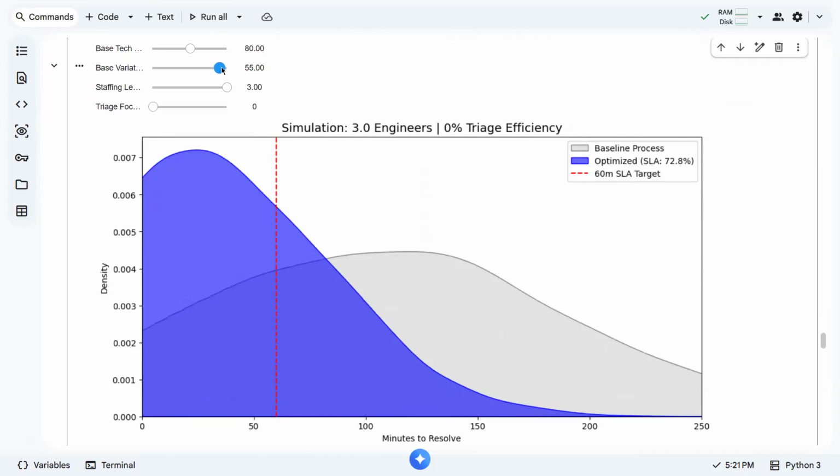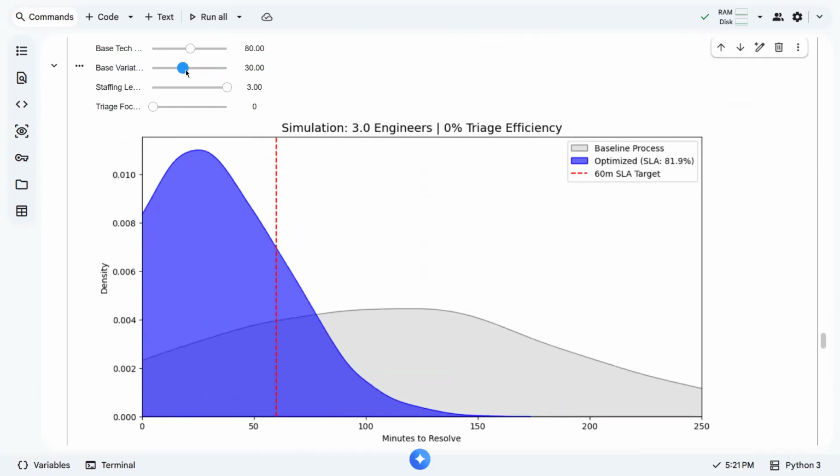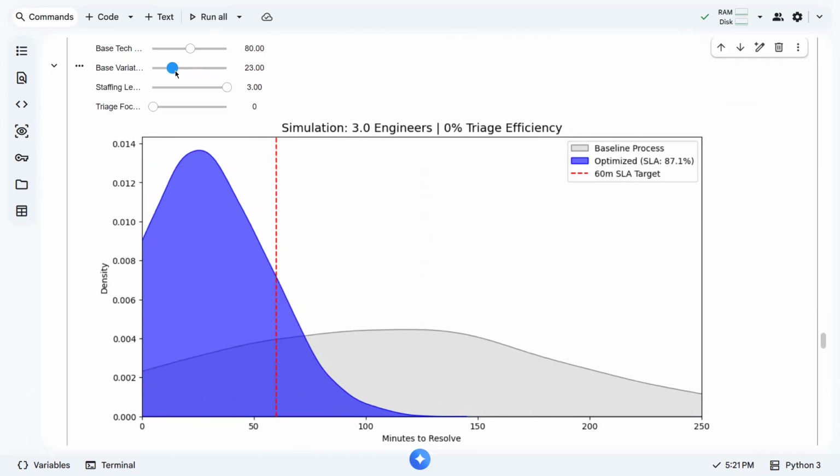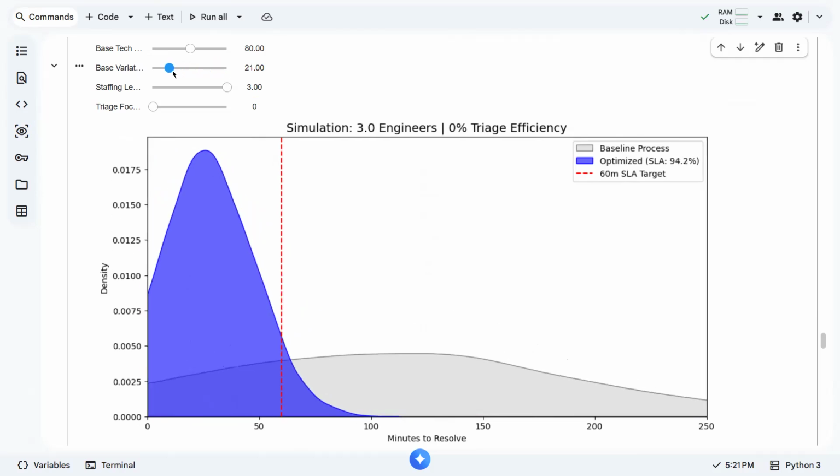So this is for the other operating procedures. As you can see, if we don't do something about it, there will be more variations. So we want to minimize them, let's say by 20. As you can see, there are times that we still exceed the 60-minute target.